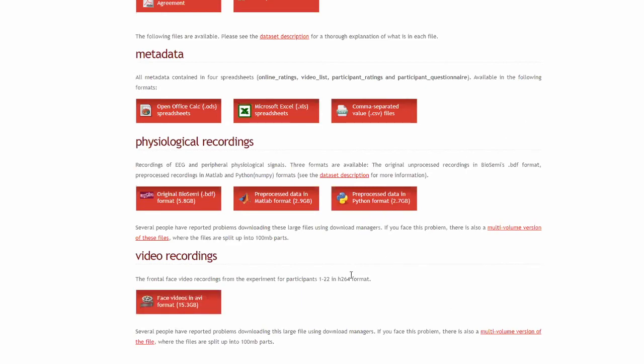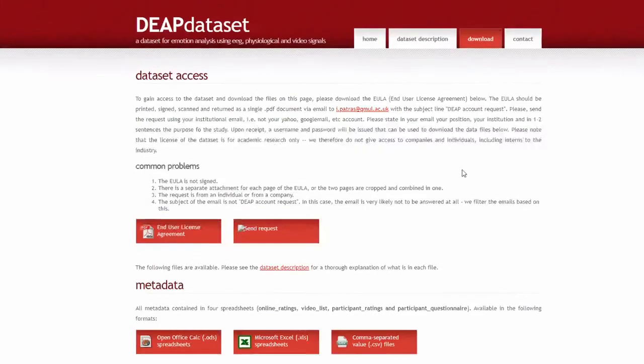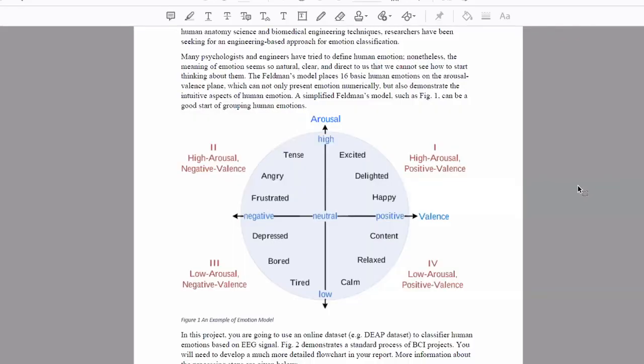I have worked with other researchers on combining the face video with EEG at the same time to improve the classification accuracy. So yeah, now if you want to talk about more, we definitely can. So okay, let's go back to the